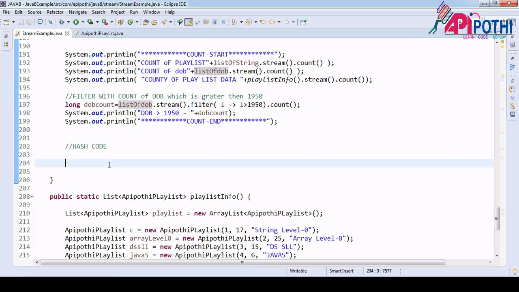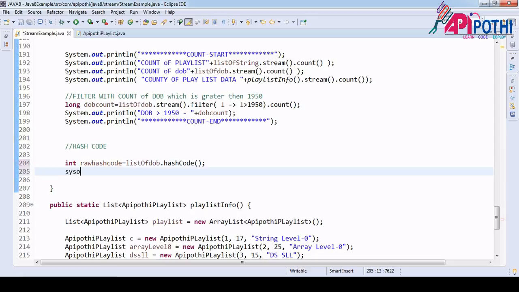For that, here I am going to get the hash code of this one. This data is still raw data. Raw hash code, and hash code is integer type. Fine.